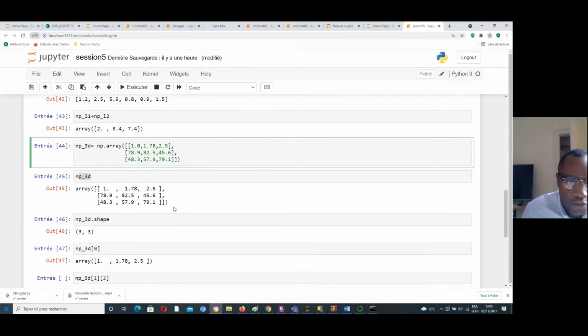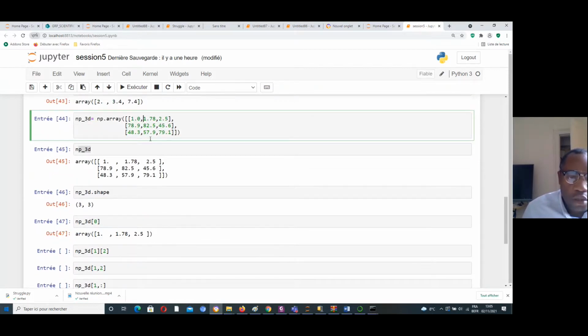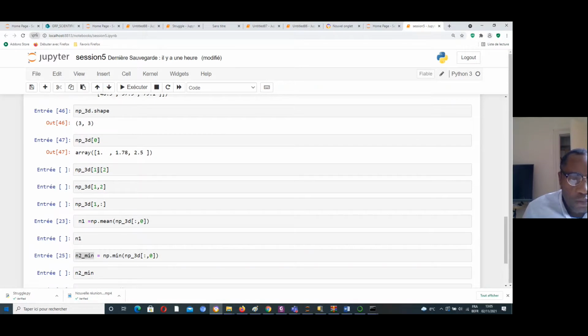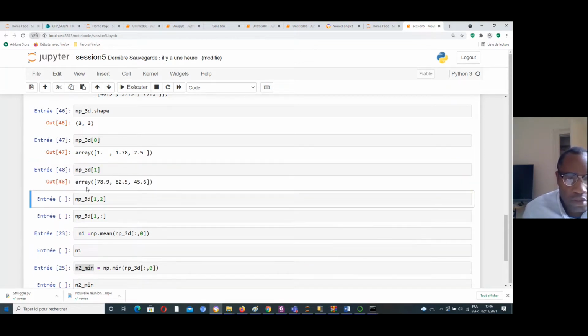If I want to print the second element in this list, here is the second element.